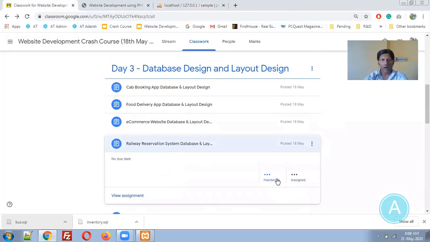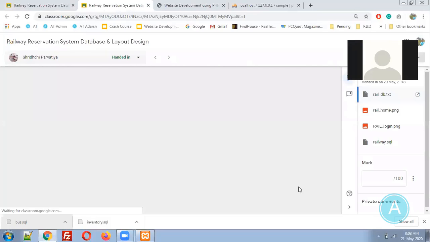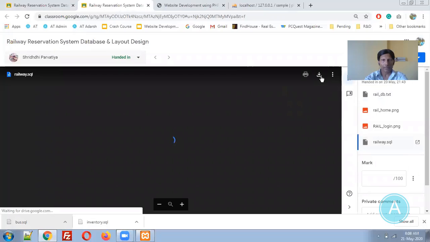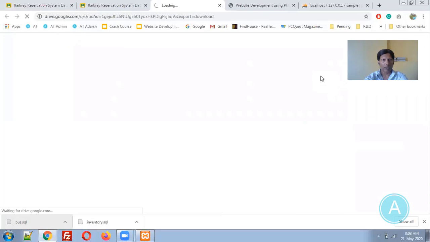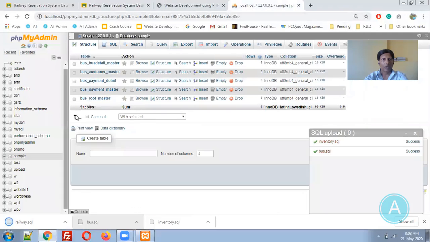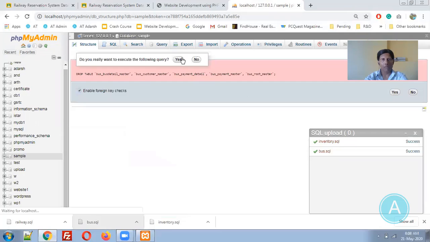Railway. Railway.sql. Let me download that SQL file. Let me remove all these previous tables, that is a drop.